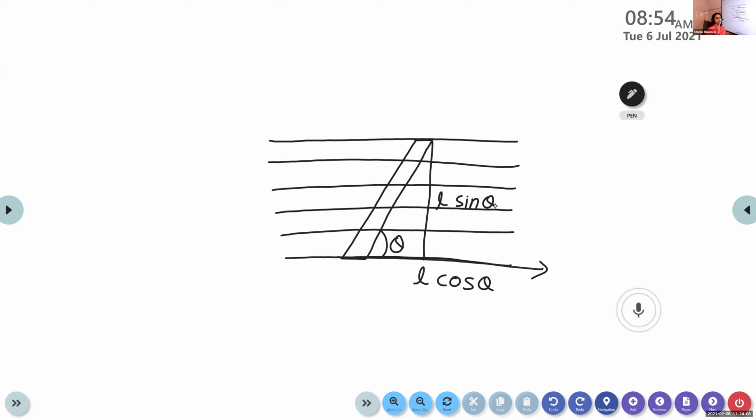Here we consider a rectangular loop with all its sides equal to L, undergoing a rotation inside the magnetic field at an angle theta. Since it is inclined at an angle theta, the length component can be resolved into two components. One is the horizontal component L cos theta and the other is the vertical component L sin theta. Is there any doubt?